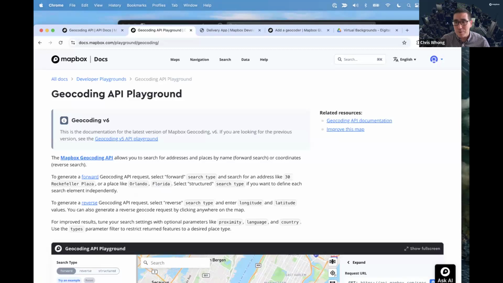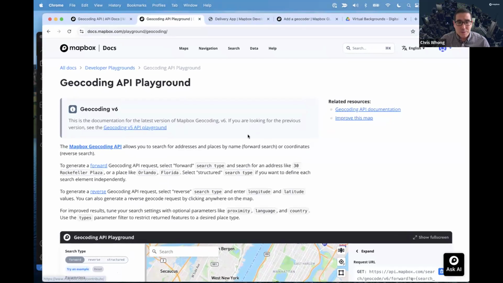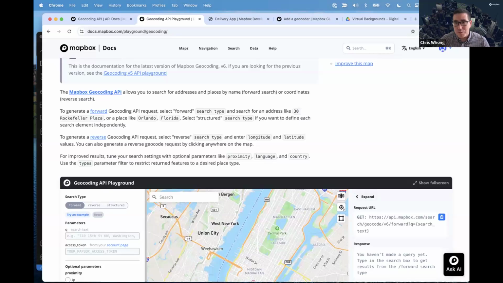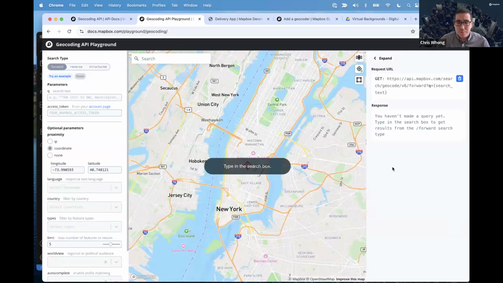So I'm going to move over to the playground. Our playgrounds are the way that we can have a graphical interface for you to learn as much as possible about how to get started and make use of our APIs. So I'm going to show this in full screen. So this is our geocoding playground. We've added a map here, which is great, and you can actually